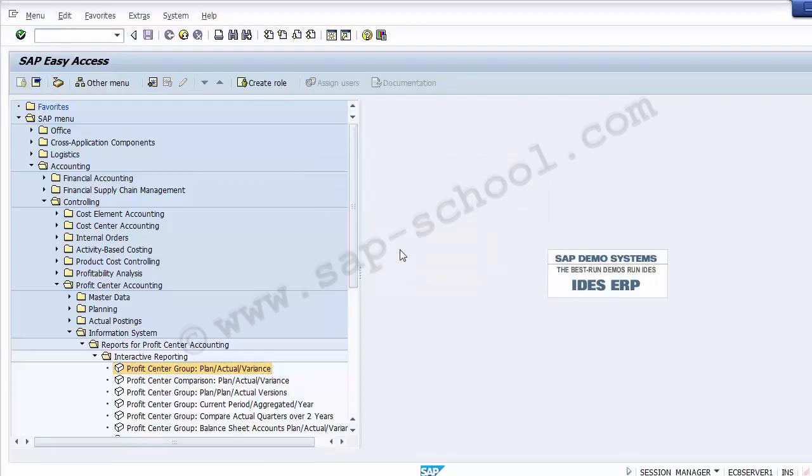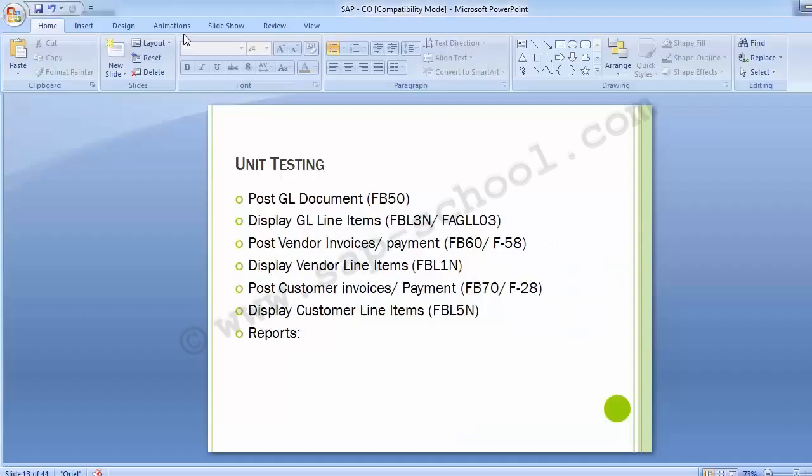So there are different reports which you can execute with the help of this, and it will give you more and more ideas that there is a huge number of reports from SAP which can be used for different purposes. So this is how your cost center accounting has been done, and this is how you need to go through all these processes, have to execute this, and